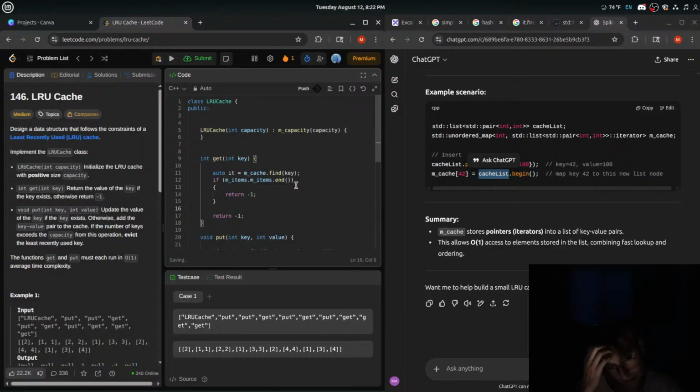Right? So if we can't find it, then we know iterator is valid. So if the iterator is valid, what do we want to do? If we want to get that value,